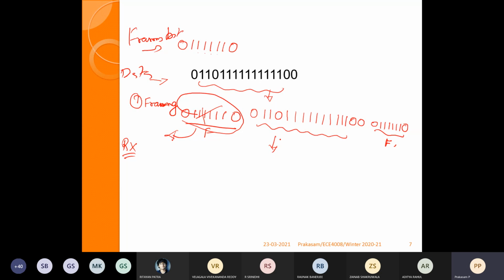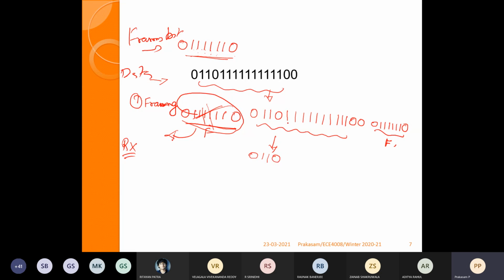Suppose, let us assume without any stuffing I am adding the framing and then transmitting. On the receiver side, what will happen? It will check the bits: 1, 2, 3, 4, 5, 6. After 6 consecutive ones, if 0 occurs, automatically it is identified as the framing, so these framing bits will be discarded. Next, again it will check the remaining data, information 0. It does not contain 6 consecutive ones.